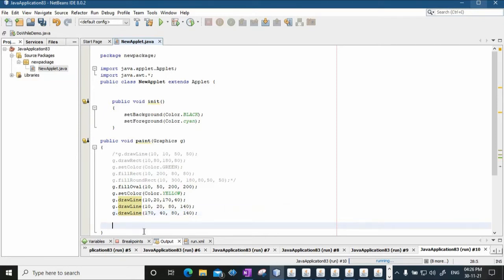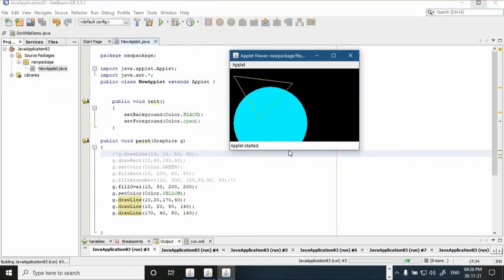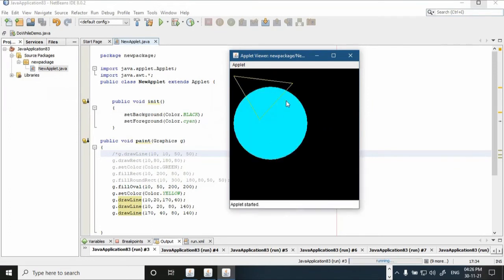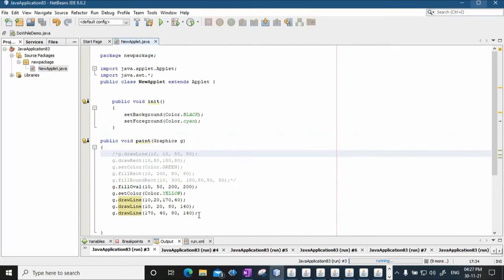Okay, so I save this and I run the file. There will be overlap with the circle. So you can see above the circle a triangle gets printed, right? It's a hollow triangle that gets printed. Now the problem with this method is when you use draw line, you can only come up with hollow shapes. Okay, what if you want to have a shape that is filled with certain color?